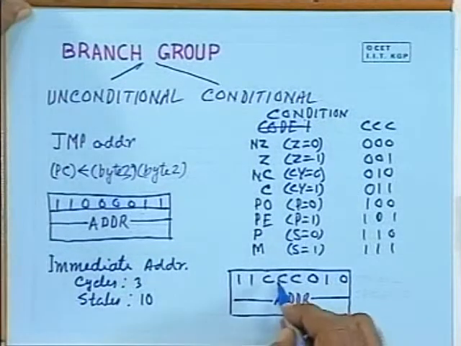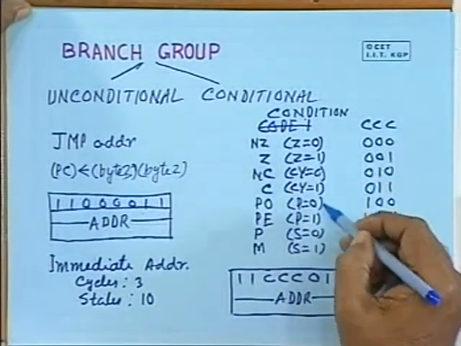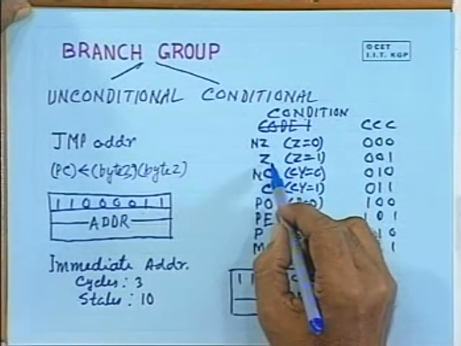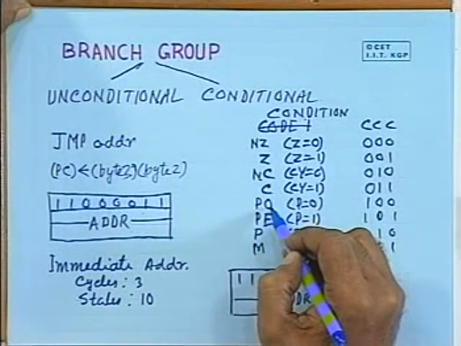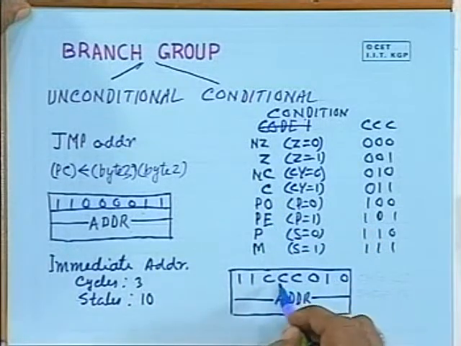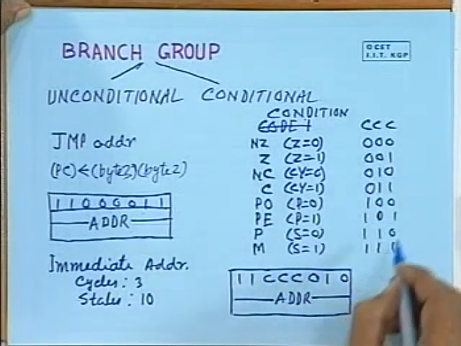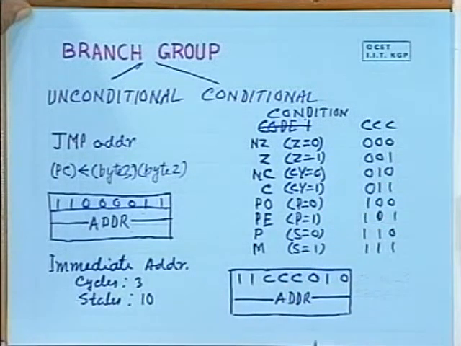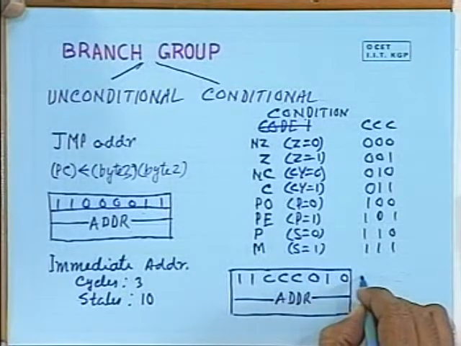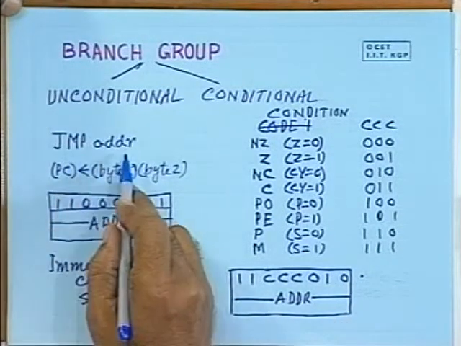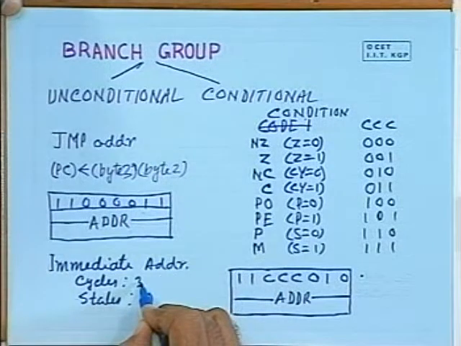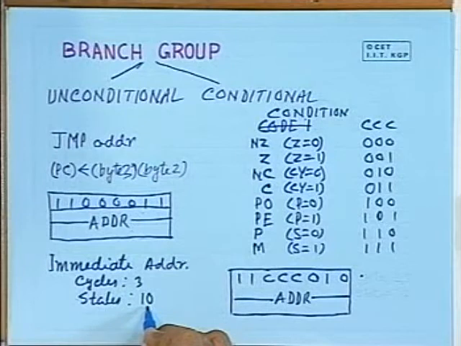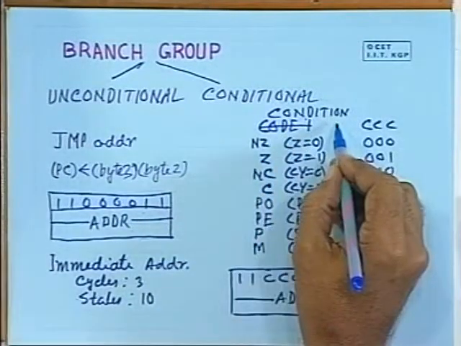And here the CCC, depending on which condition you want to use, whether it is not 0 or 0, no carry or carry, odd parity or even parity, these 3 bits will be accordingly used. That means the code will be decided based on the condition. One thing you must notice here, in case of the unconditional jump, the time required is fixed. The number of cycles is 3 and the number of states required is 10,